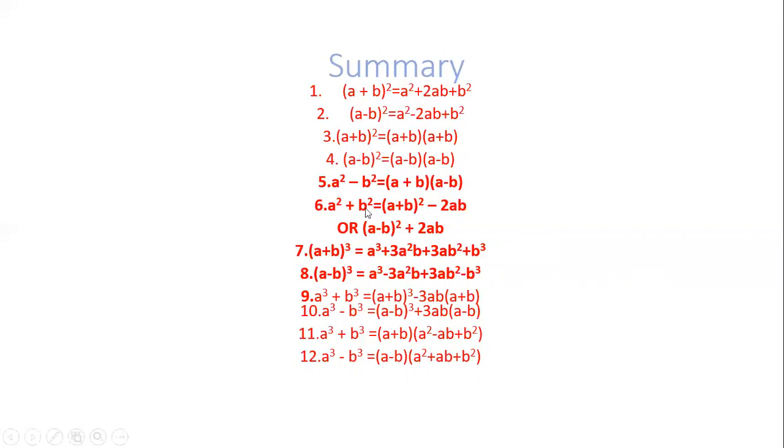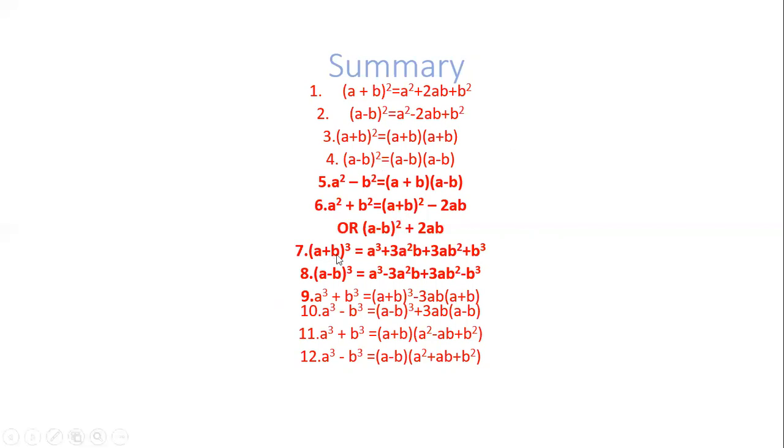Don't be confused. So a square plus b square has two formulas, but you will use only the one that fits the condition given. If the value of a plus b is given, use this formula. If the value of a minus b is given, use this formula. But in the case of factorization, you see the scenario and the condition in the question, and then accordingly use it, whether you can get the factors or not.